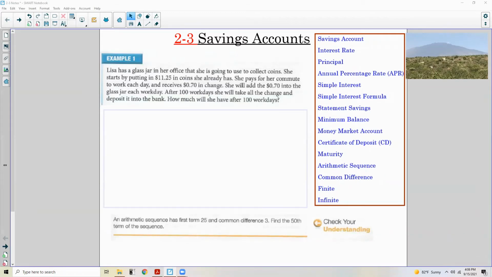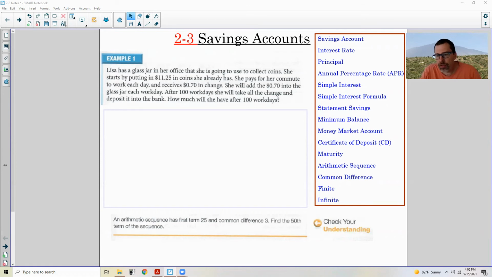Okay, lesson 2-3 is savings accounts. Example 1. Oh, by the way, there's all kinds of definitions and vocabulary words. A savings account is an account that you put money in to save money, hence savings account. Get it? Okay, savings accounts don't have very good interest rates these days because the interest rates on loans are